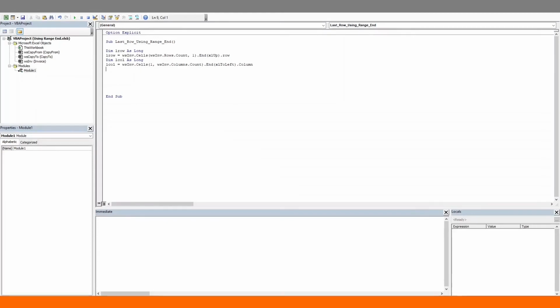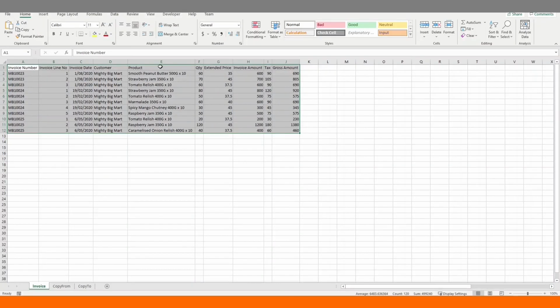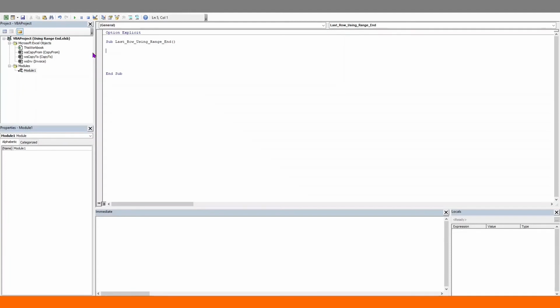Now we can determine our range. We will start from cell A1, which is the cell in the first row and the first column. And we can use our L row and L column variable to determine the last cell. So the row index is our last row variable and the column index is our last column variable. And that's our range. And what we want to do, we want to select this range. Let's run this. Great, that works well. One way to select the range is by feeding the range into a range object and using the range object going forward. So this is our last row. Let's dim a variable to hold the range.